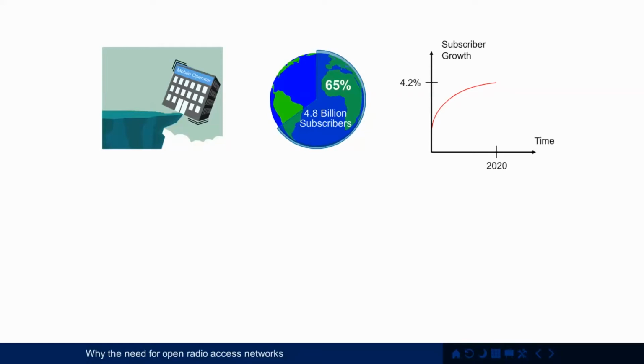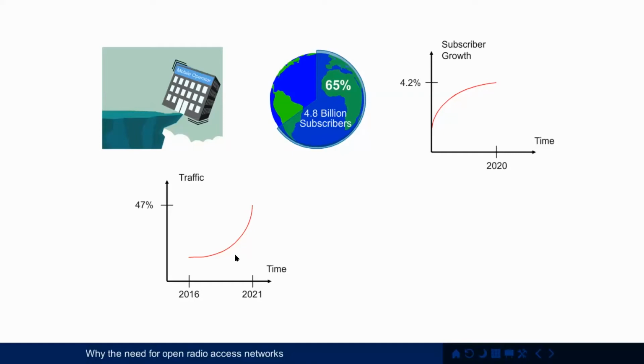Well, statistics suggest not. If we look at subscriber growth in recent years, this particular graph shows what was happening in the year 2020. The subscriber growth was something like 4.2%, and it seems to be leveling out. And the other problem we face is traffic. Traffic is increasing almost exponentially. So between the years of 2016 and 2021, the traffic growth experienced by most mobile networks was up to about 47%. And this has largely been driven by the popular use of smartphones, for example.